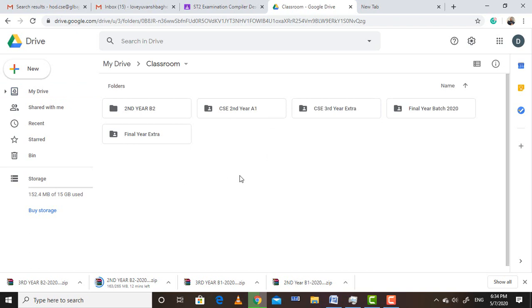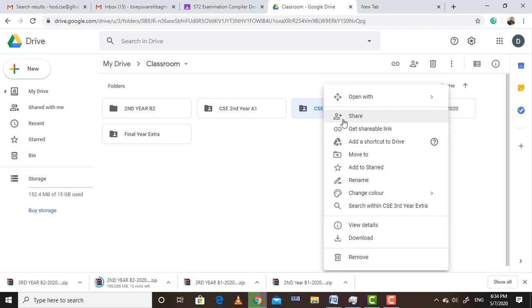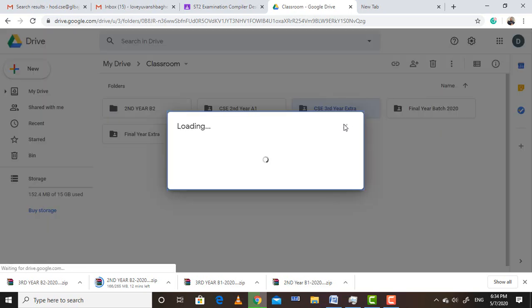So I have here 5 classes, and the class taught by Mr. Sanjeev Agrawal is CS third year extra. So I click on this and right click on this and click on share.